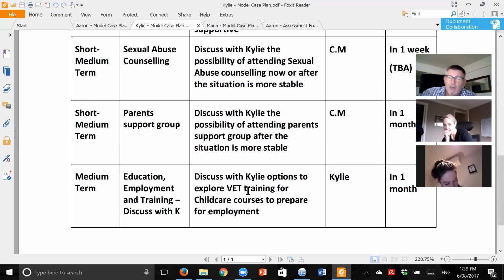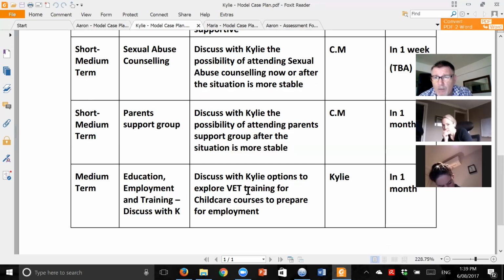So we're still putting that light at the end of the tunnel for Kylie, because the counselling will be a long-term process. So we're reviewing it in a month, just to mention it in the meeting, just to shine the light and go, we're heading towards the light, keep walking towards the light. There is a light at the end of the tunnel. You're doing very well. And it's this support and